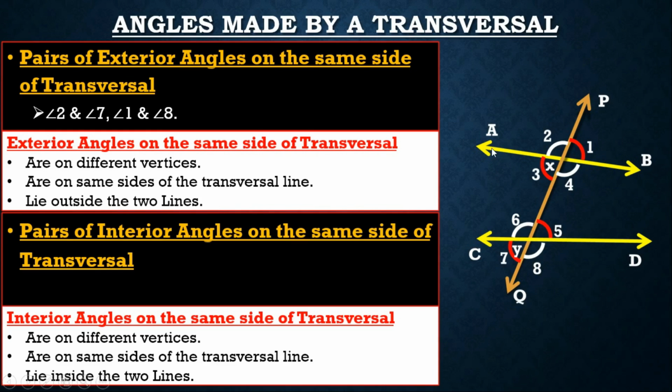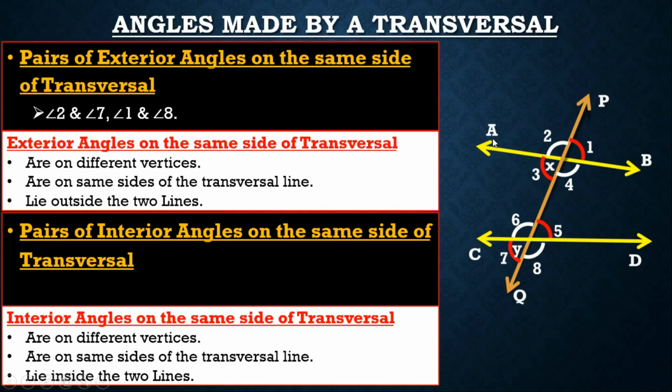Now let us consider angle AXY and angle CYX. This angle AXY has arms AX and XY, and angle CYX has arms CY and YX. The arm XY is the line segment of PQ. So an interior angle should always have a line segment. This first condition is satisfied. The other condition is that the other arms should lie on one side of the transversal line.